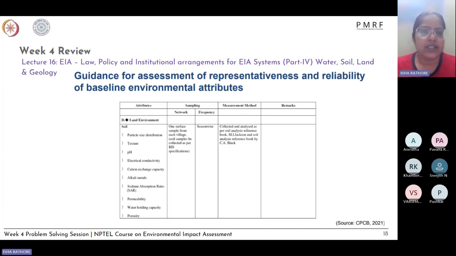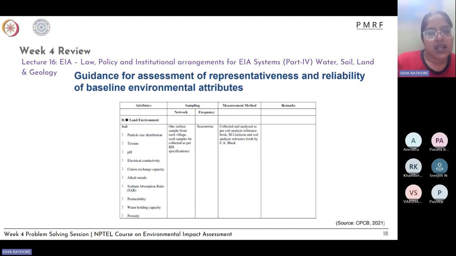Then we have again the CPCB guidance for assessment of representativeness and reliability of baseline environmental attributes. So when you do an assessment, especially pertaining to soil, you assess the particle size distribution, texture, pH level, electrical conductivity of soil, the cation exchange capacity, alkali metals which are present, sodium absorption ratio, permeability, water holding capacity, porosity. So all of these different parameters you sample from one surface from each village or from your site or from different points in the site as per whatever the requirements are mentioned in the